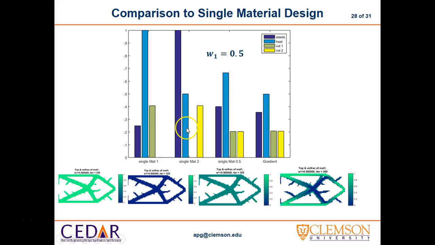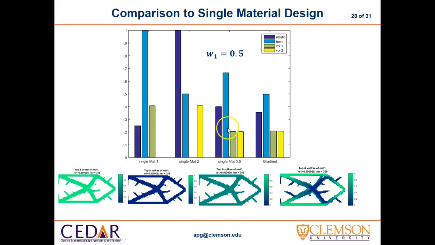Then if I consider just the better heat conducting material, just the blue material, you can see that my elastic objective is the worst, which is what you would expect, but my heat objective is much better. Then again I'm using 40% of material in the domain, and 40% is going to be just the volume of material 2. Then if I consider 20% of each material